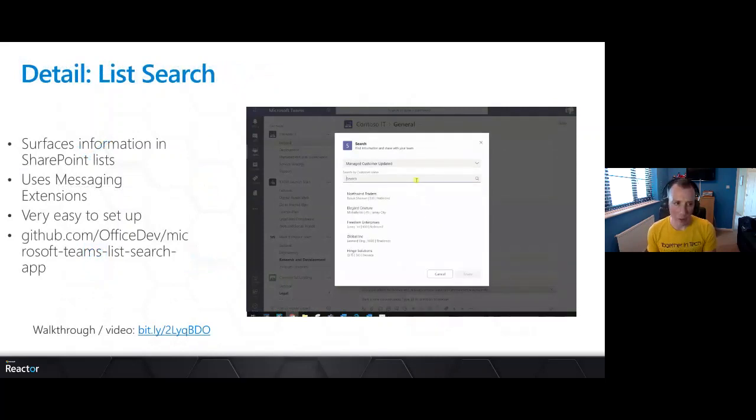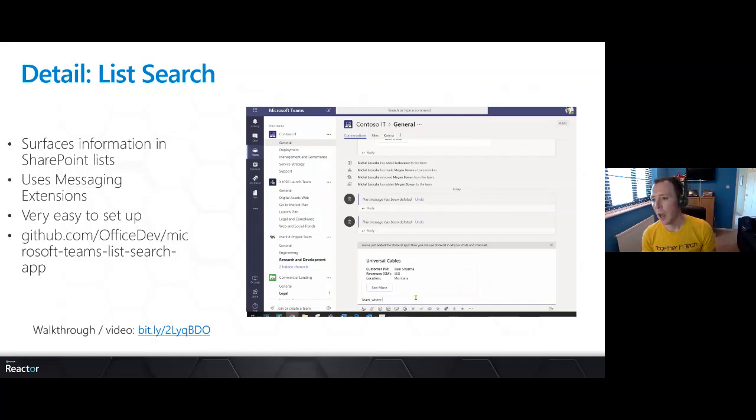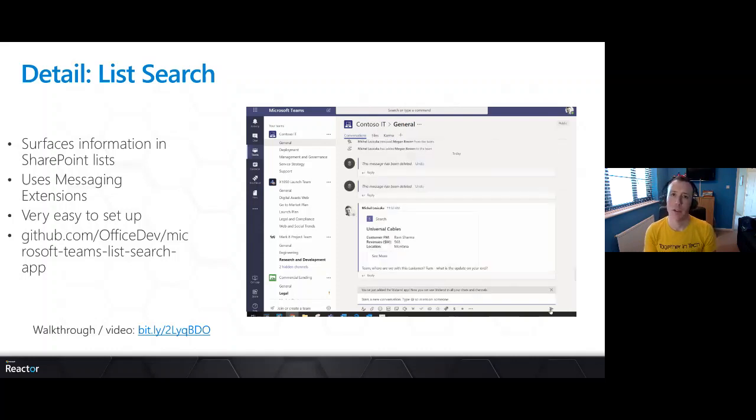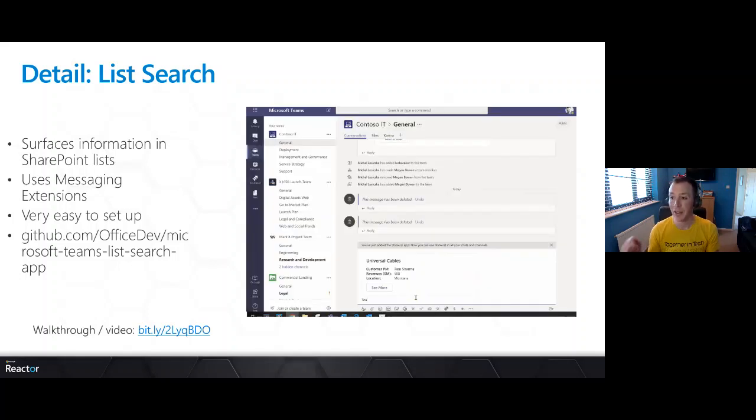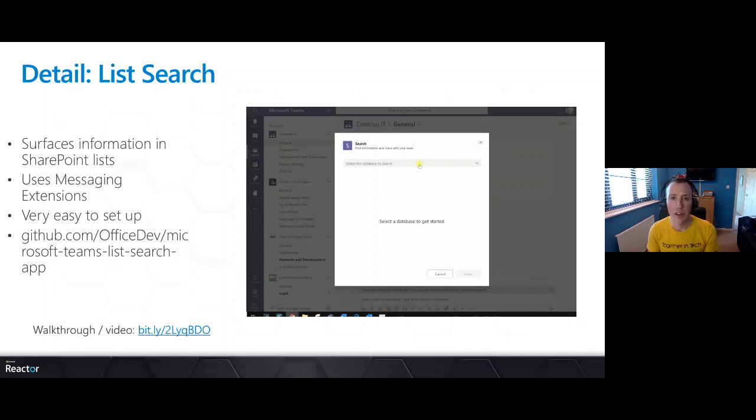Let's just look at one in detail for a second. So List Search is just one I've chosen kind of at random. What it does is surface information in SharePoint lists. So it recognizes that people have lots and lots of good information tied up in SharePoint in lists, and wouldn't it be great to just quickly surface that as a messaging extension, very similar to the one I showed you earlier for the product catalog, but just tied to a SharePoint list instead, rather than a CMS or a database or anything.